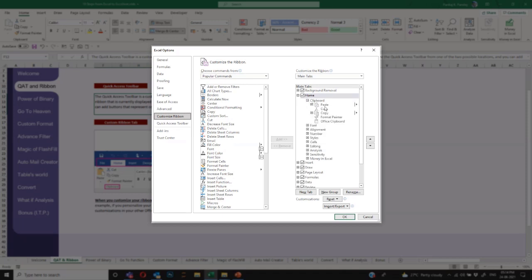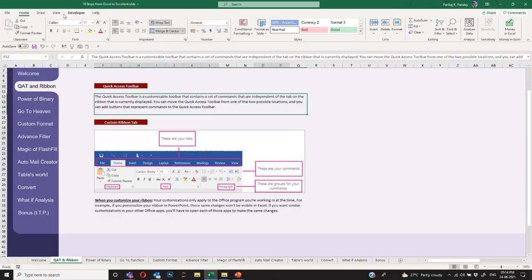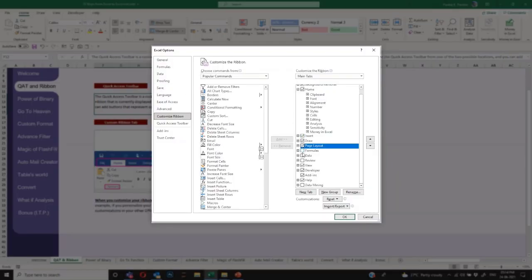When you click on this, you see all the commands. In a similar way, if there is any specific tab you don't want to use, you can simply disable it and keep it limited. Or we can actually create our own custom tab here. I'm going to show you how.